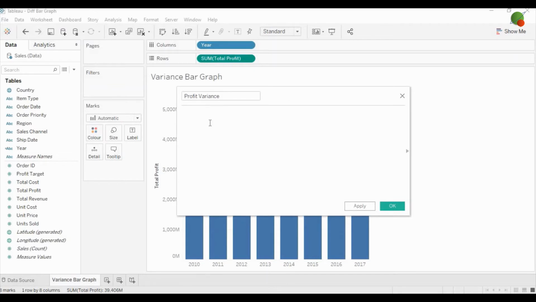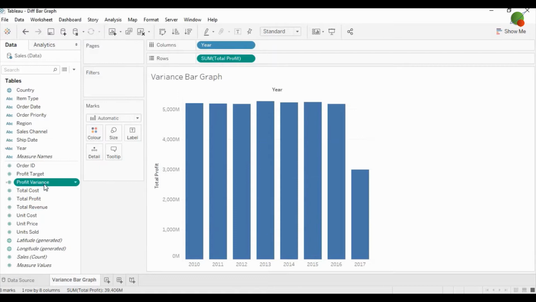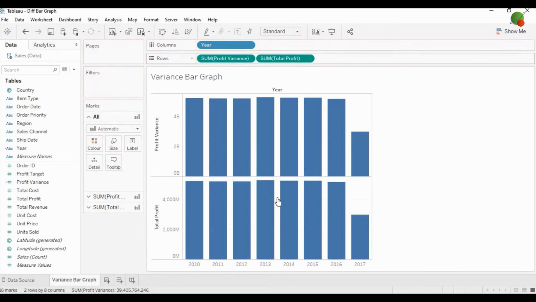Here you can put the total profit parameter. Why have I used another calculated field over here? Because it will be easy, once you drag it, to recognize which is the variance and which is the total profit. So I'm going to drag this variance in front of the total profit so that this total profit variance will come on the upper side.